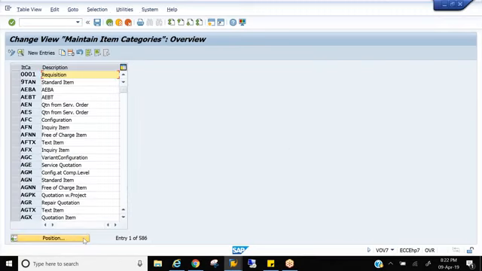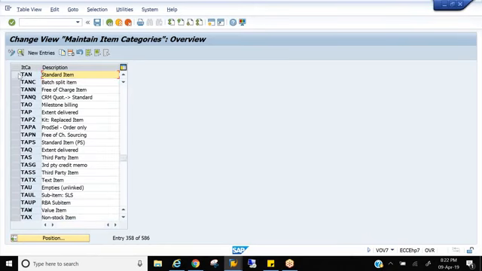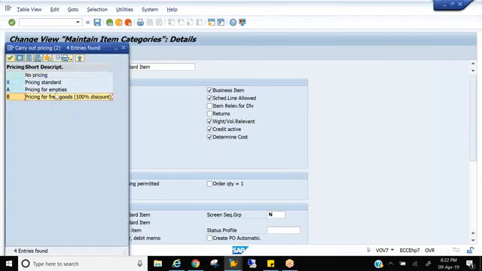What is the standard item category? TAN, for which you charge. So here the system is telling you to go and check in this TAN whether pricing is maintained as X or not. When are you able to charge for a material: when it is X, blank, or B? When are you able to charge the price? When it is X. Blank means there is no price. B means it is free goods.